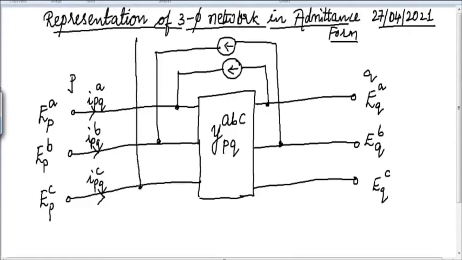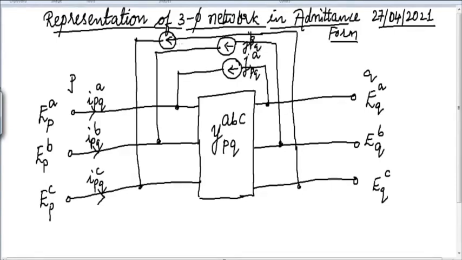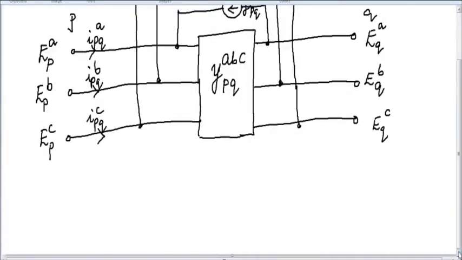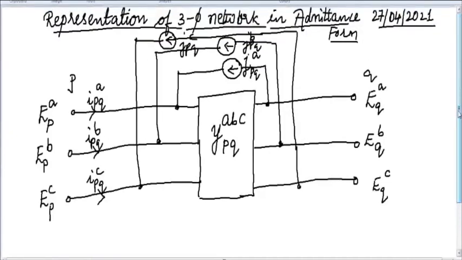So here there is somewhat less space, so I will draw here somewhat on the left hand side, as there is less space above this. So let us represent this by JPQA, then JPQB, and this by JPQC. So this is how we draw the block diagram for the representation of the three-phase network in